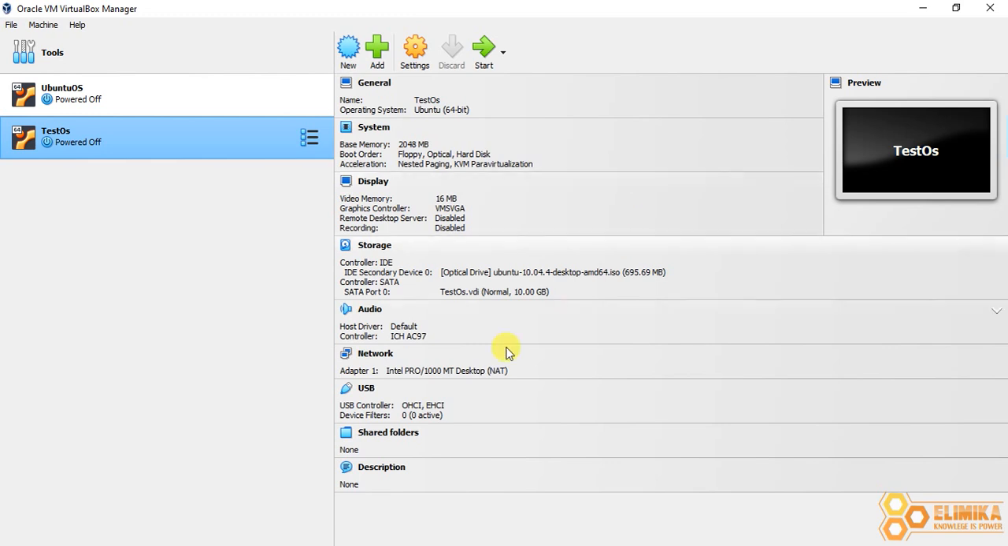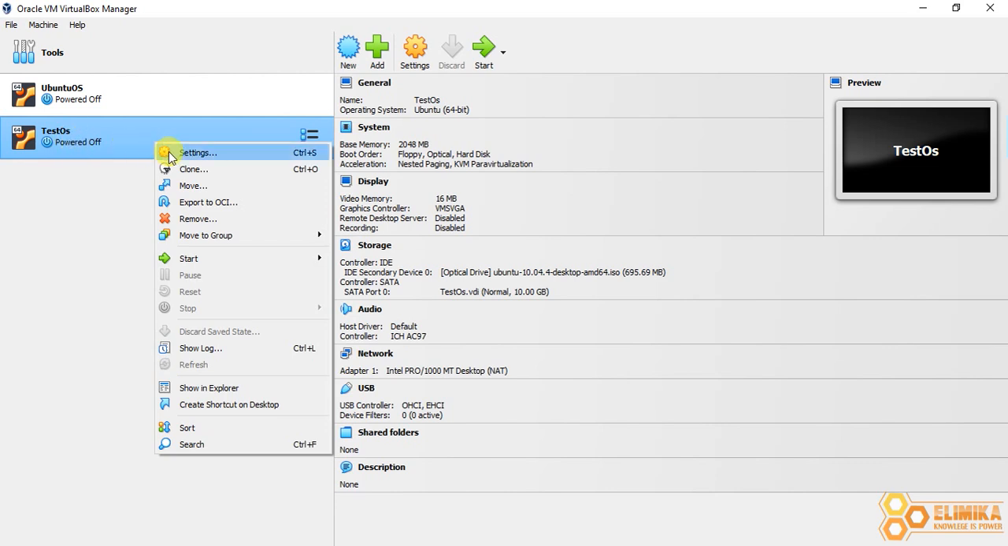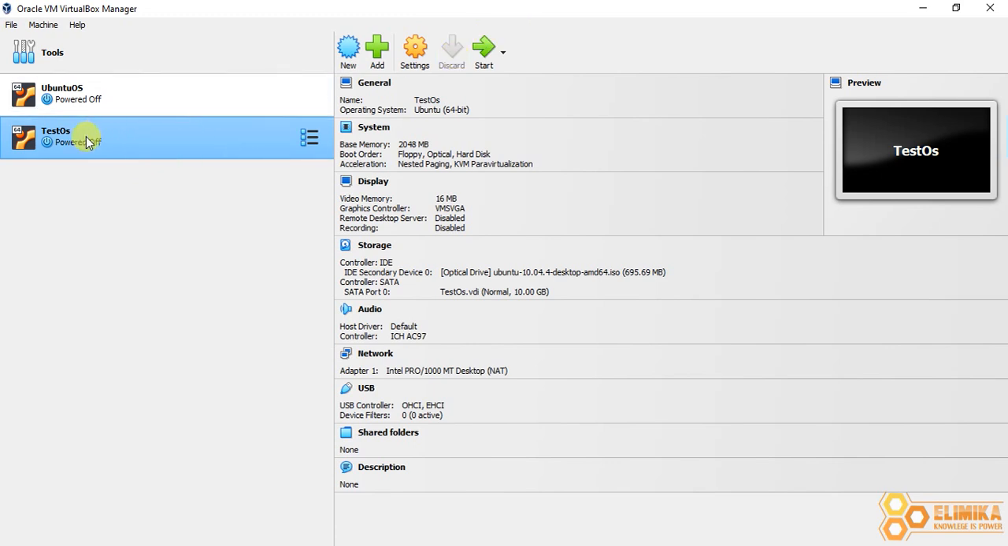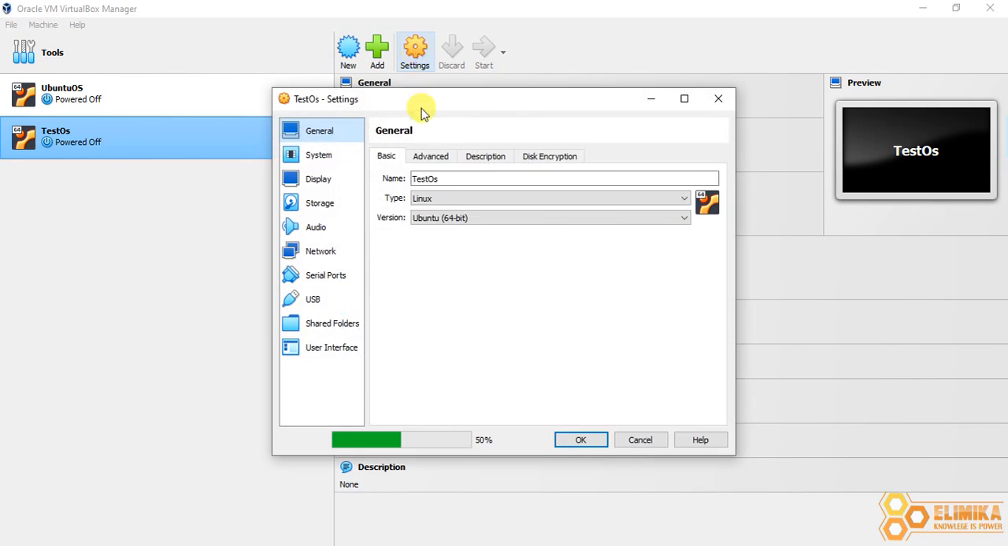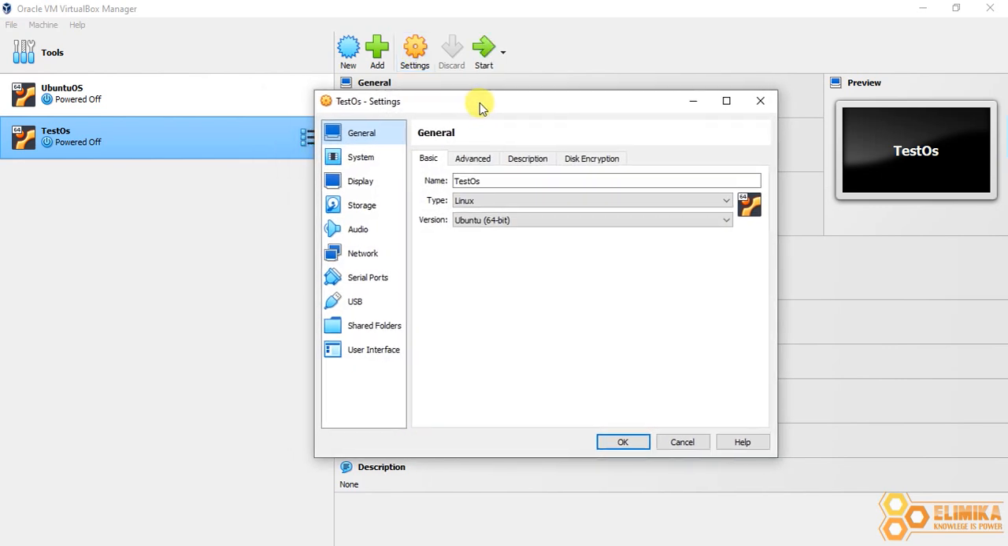And that can be done in two ways. I can right click on the virtual machine and click on settings, or I can just click on the virtual machine and click on the settings option here. Whichever works for you or is best for you, use that. So we'll click on settings, and it will present me with an options dialog box,